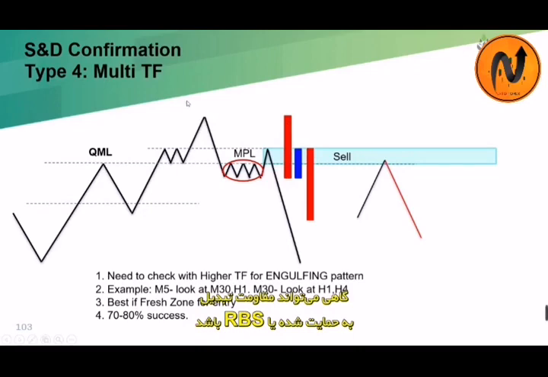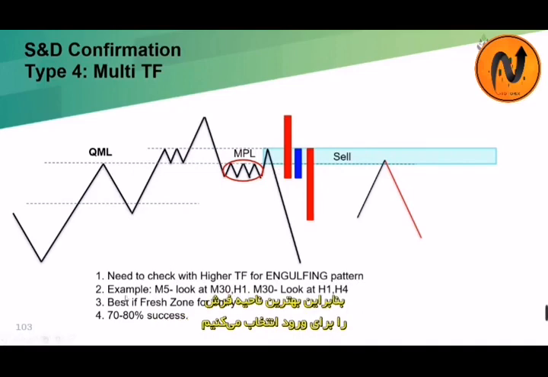All right. It may be we call it a rally-base-rally, or the resistance becomes support, RBS. It also will happen something like this. All right. So example here is that if you're looking at M15, M5, so you switch to M30 or H1 to check for this type of pattern. And of course, if you're in M30, so look at H1 or H4. If you can go into even higher time frame, that's better. But just that too high might confuse you.